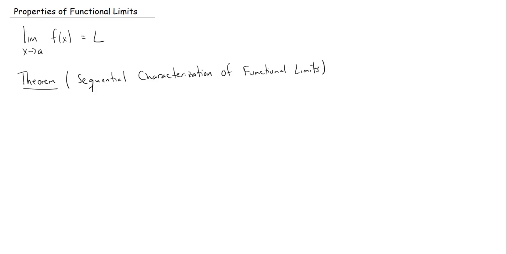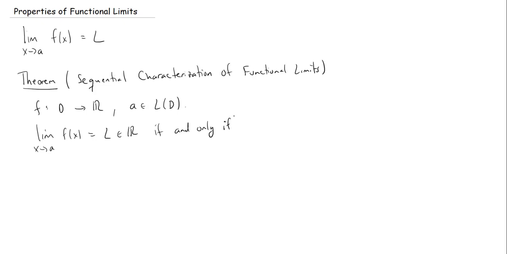We're going to have some function f with domain D, and we're going to choose some point A, not necessarily in D, but at least it should be a limit point of D. The statement is that the limit as x approaches A of f of x is equal to some real number L if and only if